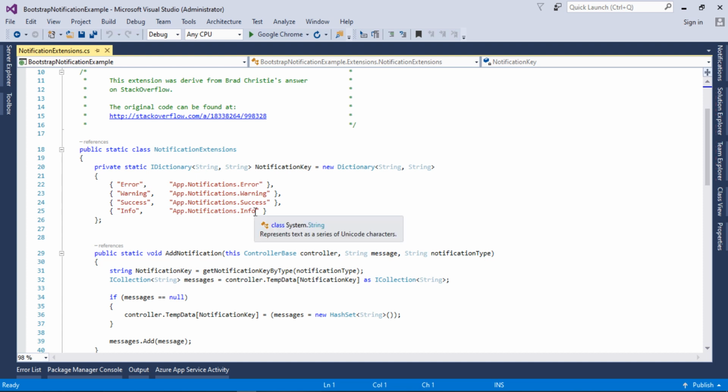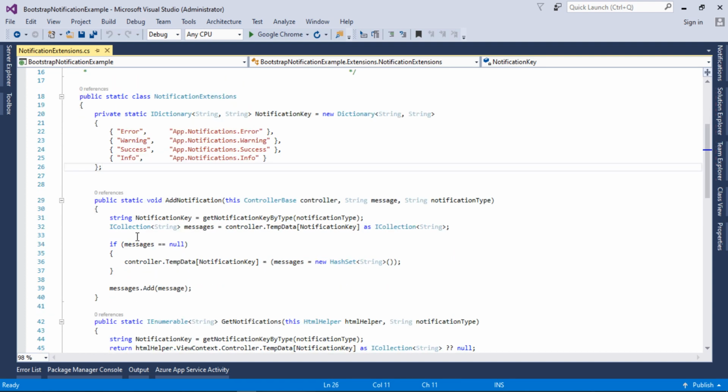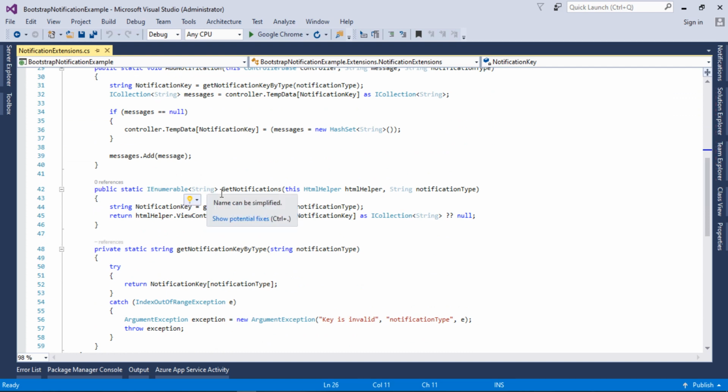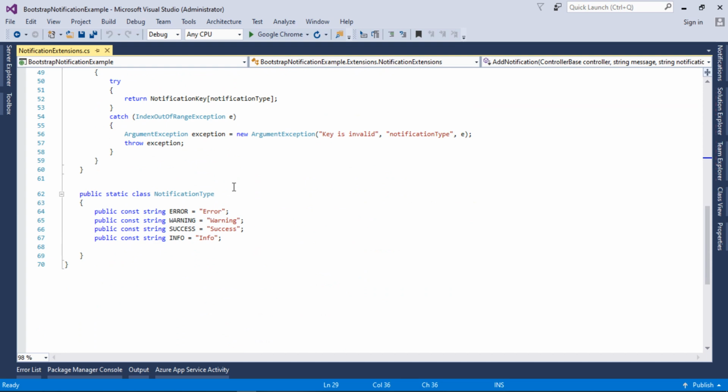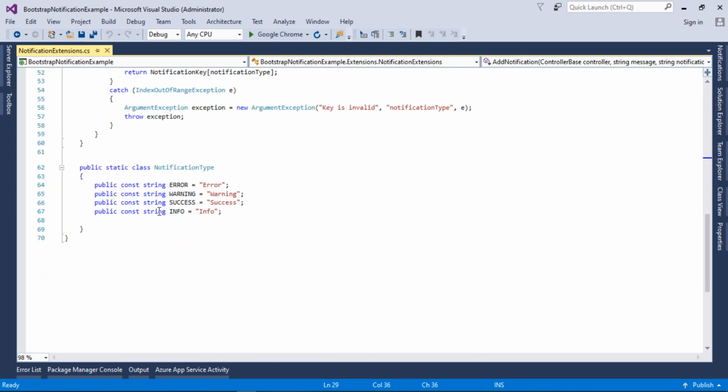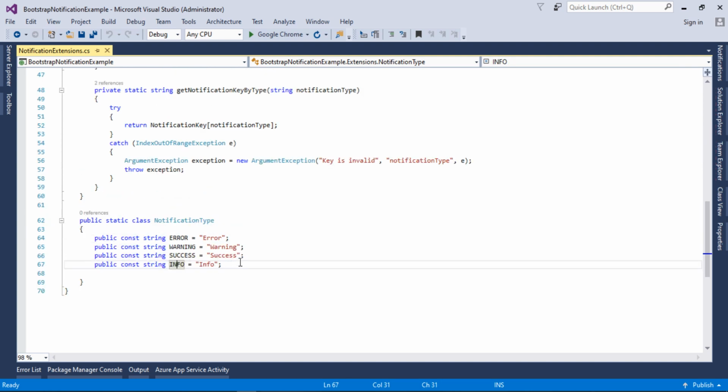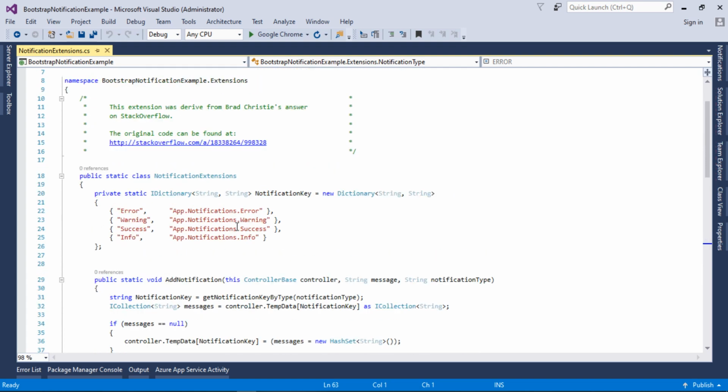It is a little bit confusing, but you don't need to worry about the code as it is already complete and we just have to use it in our application. I will show you in a bit. As you can see, it has different notification methods: get notification, add notification, and different types: error, warning, success, and info, which are the most common types we will use in our daily projects.